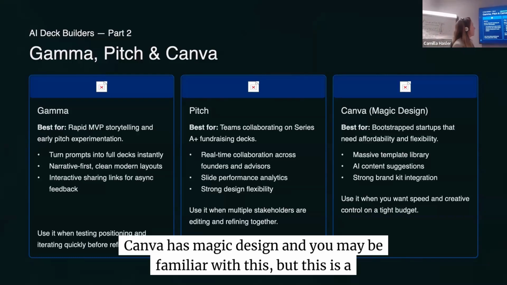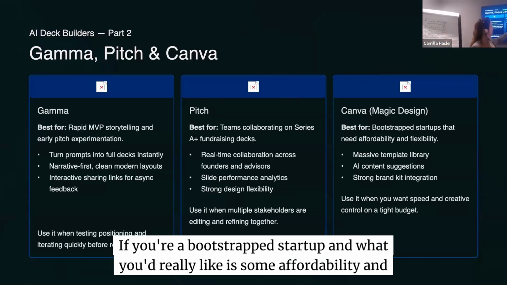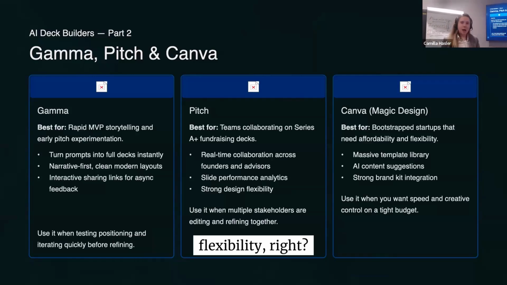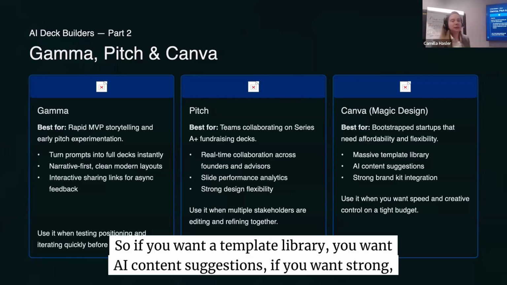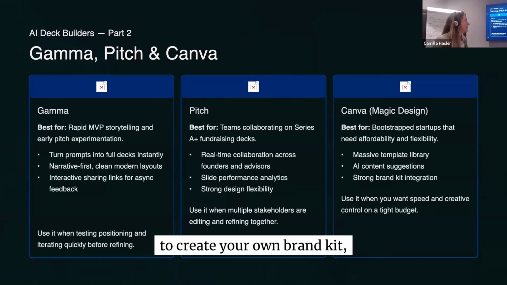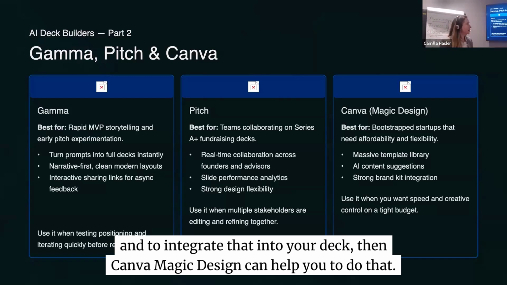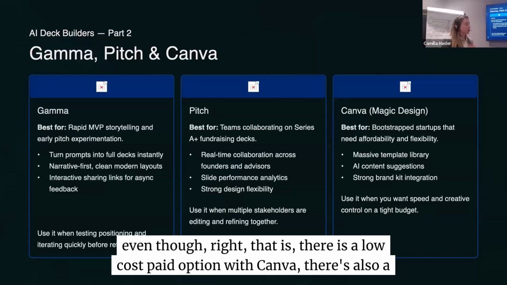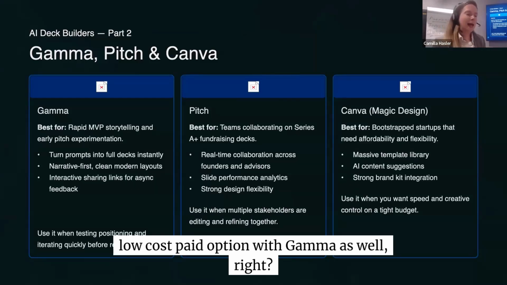Next is Canva. Canva has Magic Design. You may be familiar with this, but this is a particularly good option if you're a bootstrapped startup and what you'd really like is some affordability and flexibility. So if you want a template library, you want AI content suggestions, and you want to create your own brand kit and integrate that into your deck, then Canva Magic Design can help you to do that. And there is a low cost paid option with Canva, and there's also a low cost paid option with Gamma as well,